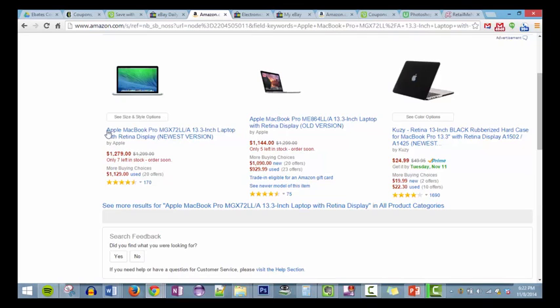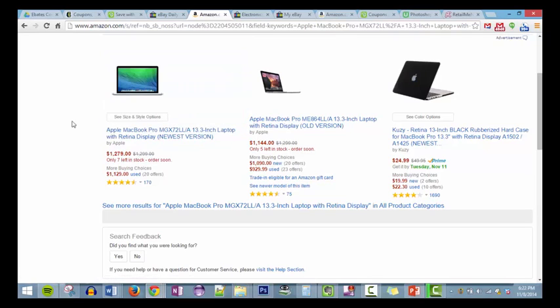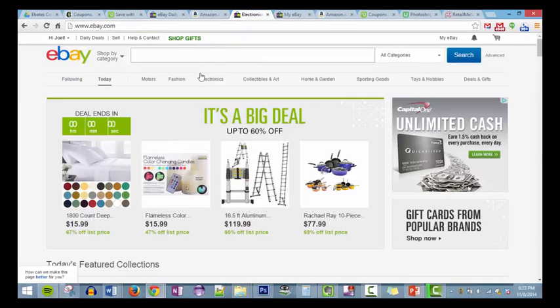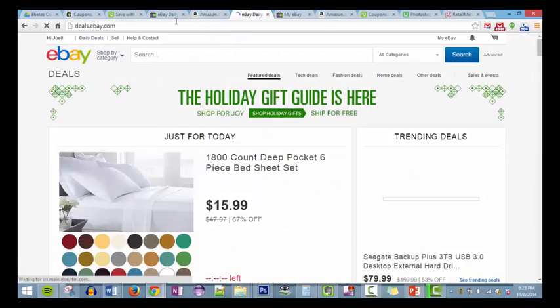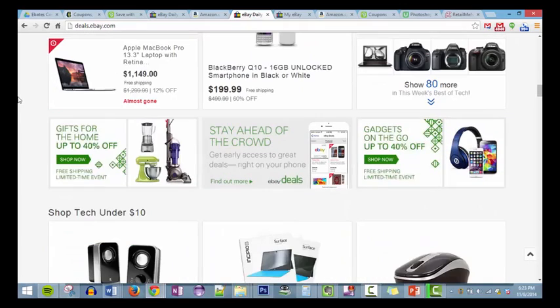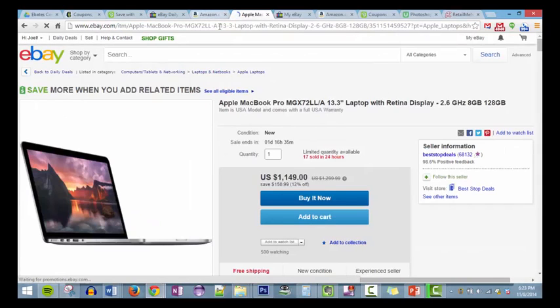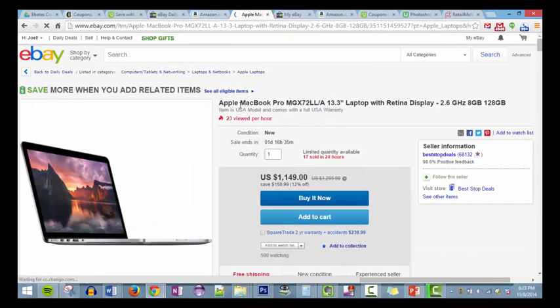So what I would do is, if I wanted to buy this Apple computer, I would try to see if I can find it somewhere else on the web at either a comparable price or cheaper than this. And I usually compare eBay and Amazon. I already did the search for that item, and I know it's on the eBay deals. So I would compare these two items, the one on Amazon with the one on eBay, and make sure that